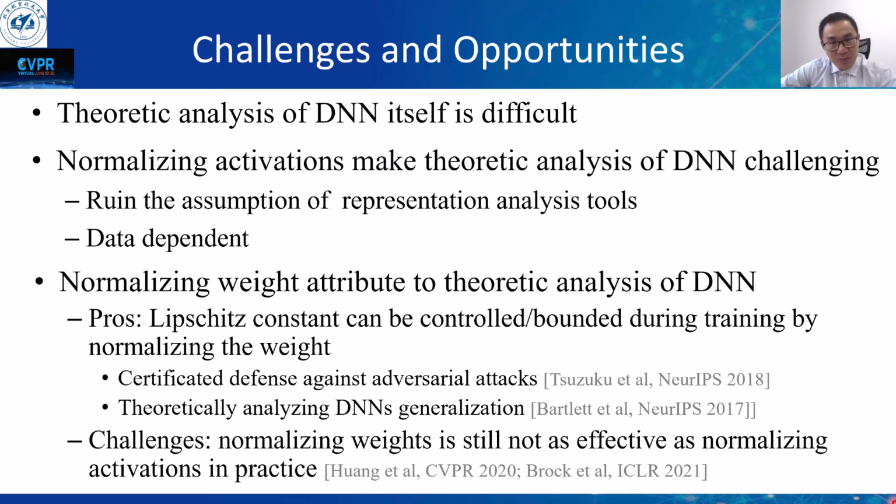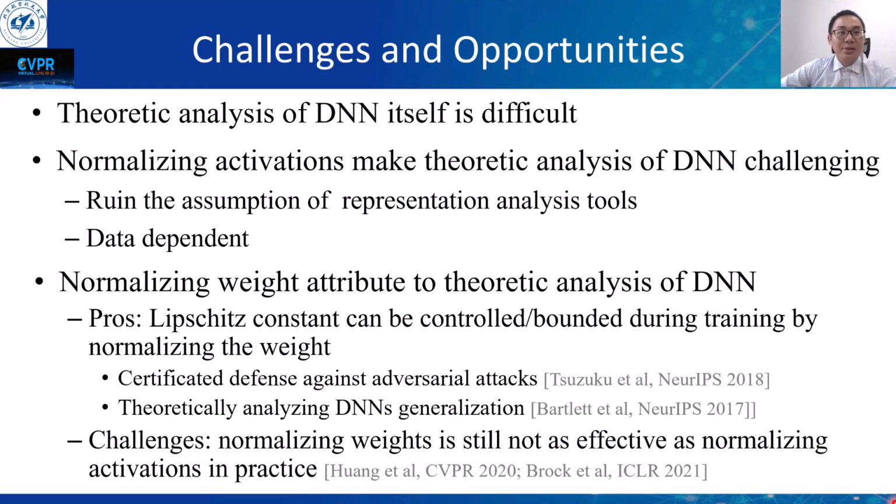As for optimization, most analyses require the input data to be independent, such that the stochastic or mini-batch gradient is an unbiased estimator of the true gradient of the dataset. However, batch normalization typically does not fit this data-independent assumption, and its optimization usually depends on the sampling strategy as well as the mini-batch size. There is thus a need to reformulate the current theoretical framework for optimization when batch normalization is present.